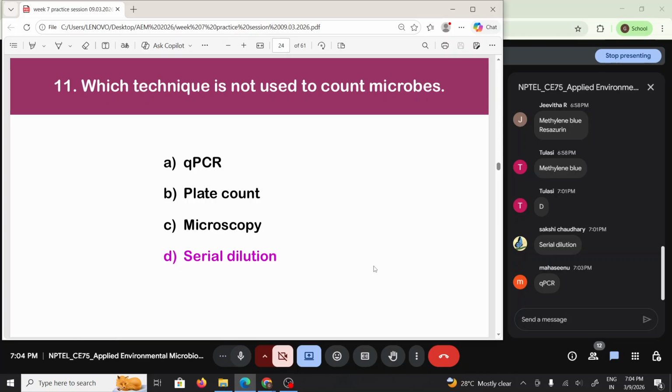And a few questions back we talked about the optimum CFU that we have to consider. In that we found that a maximum of 300 colonies CFUs in a plate is allowed. More than that, it is too numerous to count, and we omit that. Environmental samples are rich in microorganisms, so obviously there will be more than 300. So we try to dilute it. And how we do a serial dilution is that we take up